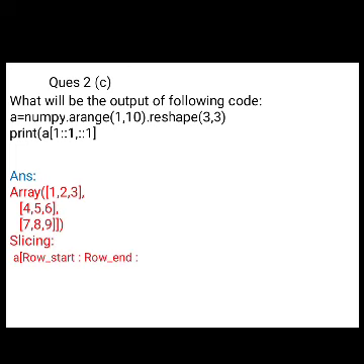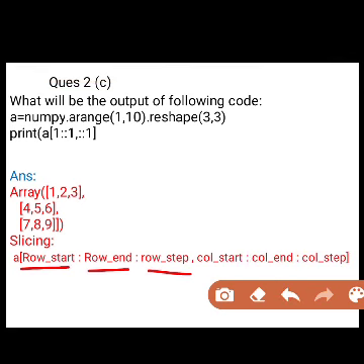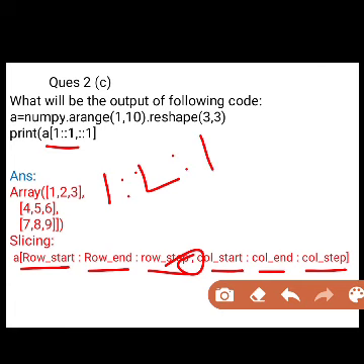Now array slicing works in the following way. Row start to row end in steps of the given value. Then after this comma, column start to column end up to column step. Now here see, the row starting value is given as 1, the row last value is not given, meaning you have to take up to last, and the step given is 1. For the column, nothing is given for the start, so it will start from 0. Nothing is given for the last index, so it will go up to last, and the step value is given as 1.